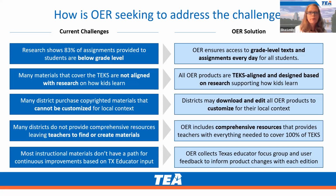local context. Many districts also do not provide comprehensive resources, and often teachers are left to find their own or create materials. How many times have you heard people talking about Teachers Pay Teachers, trying to find resources to put together? So TEA's OER includes comprehensive resources that provide teachers with everything that they need to cover 100% of the